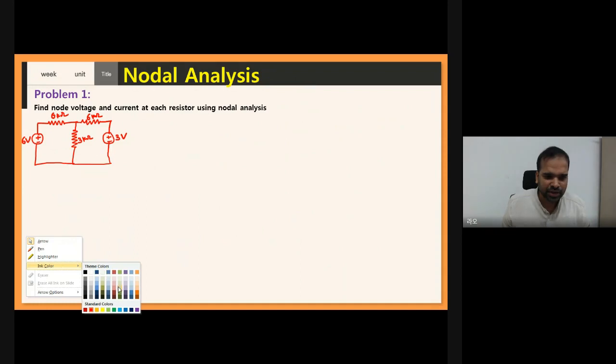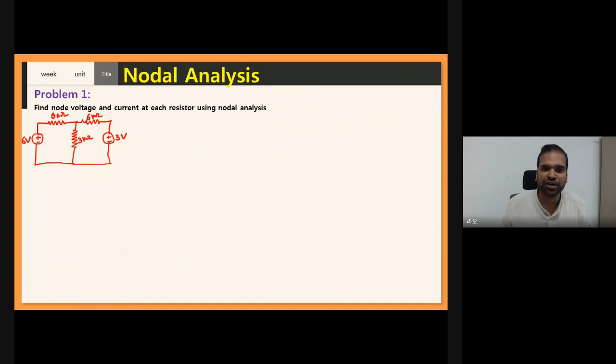Now see here, I'm giving a circuit. You need to find the node voltages and, at the same time, the current through each resistor using nodal analysis. I can apply nodal analysis for planar and non-planar circuits. Clear. Now, what is our first step? Identify the nodes. Can I consider this a node? No, this is a simple node, and this is my principal node V1. Can I consider this another node? No, only 2 elements, this is a simple node. Now we need to consider the reference node. V reference equals 0.